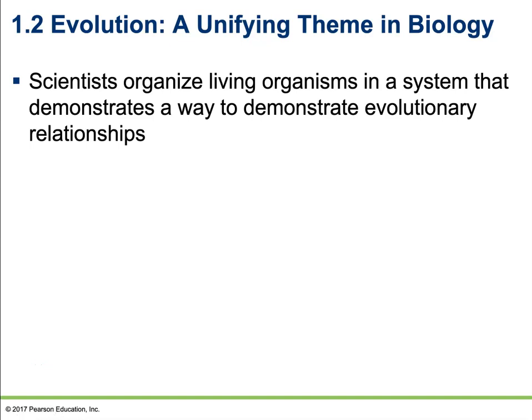All right, so the next section that we're going to discuss is evolution, the unifying theme in biology. The theory of evolution is considered to be a core concept of biology because it explains both the relatedness, or the similarities, of living organisms and the diversity of living organisms. So, for example, the similarities. All living things are going to be composed primarily of 6 elements. Whether we are talking about mushrooms or fungi, bacteria, plants, humans, everything is composed of these 6 core elements.